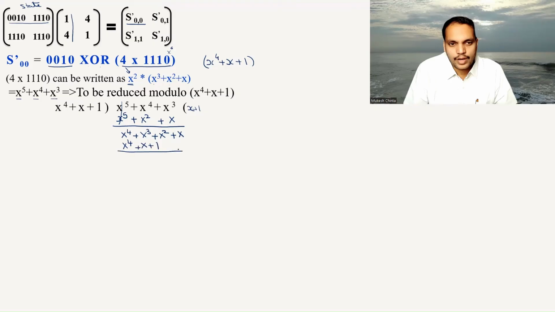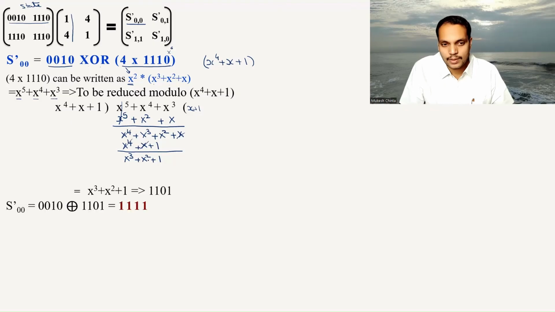So what do I get out of here? Once again, these are two same values. They cancel each other out. And there are another two common values of x. They cancel each other out. What I get is x cube plus x square plus 1. Now, because x cube's degree is less than x power 4, I can accept this. So I got this last value of x cube plus x square plus 1, which I can convert to binary